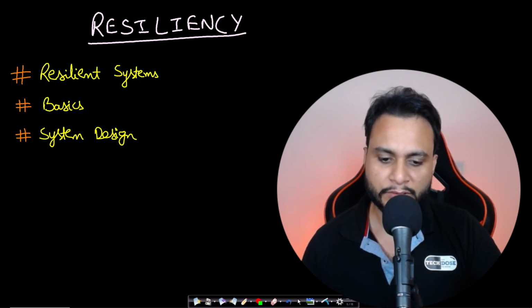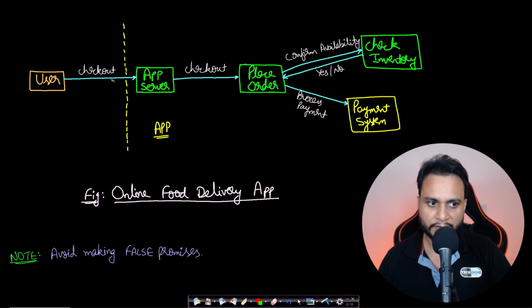Let's see an example in order to get some better understanding. In this case, we are assuming that there is a user and this user can place an order. So actually this is an online food delivery app where the user has already added some items into their basket. Let's say milk plus bread. Okay, now since these two items have been added, the user wants to check out, that is make the